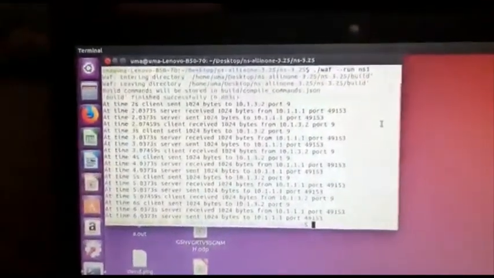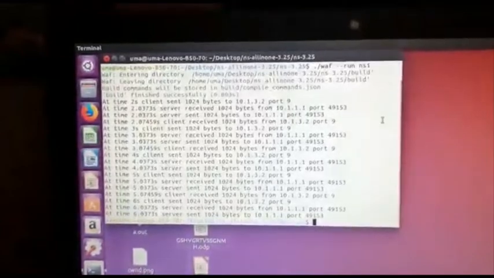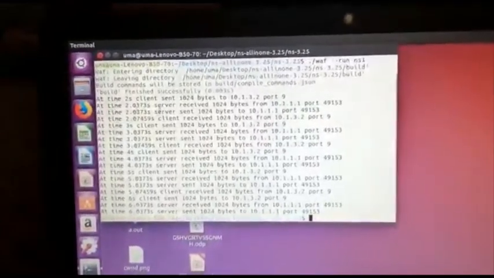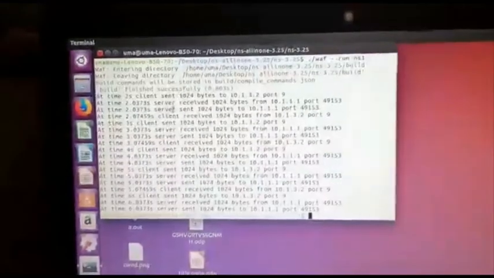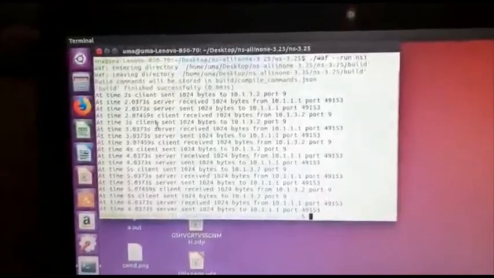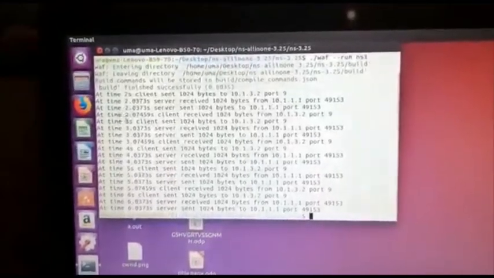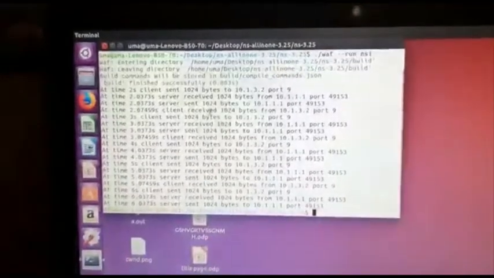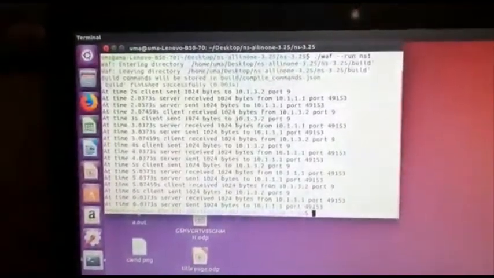This is the application which we have used. And the same thing happens after 2 seconds. The client will send, server will receive, next server sends, client receives, and everything is completed at 2.07459 seconds. Client has received 1024 bytes from the server.